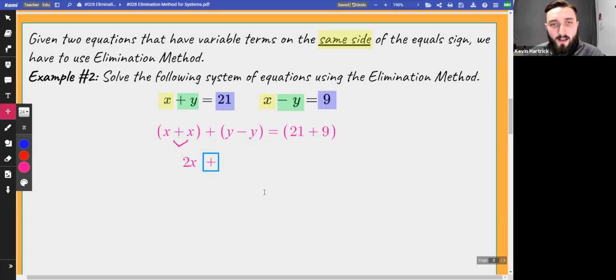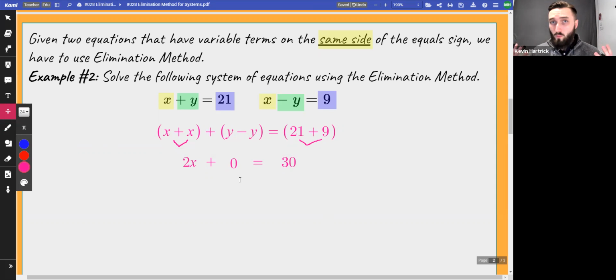Now, what's y take away y? That's a 0. Okay? That's a 0. Well, if that's a 0, do we really need to put plus 0? No, but I guess I'll leave it there for now. And then let's add these together. Like we said before, that was 30, right? Okay, so I've done a little simplification, and what I've found is I've gotten this equation here, which only has